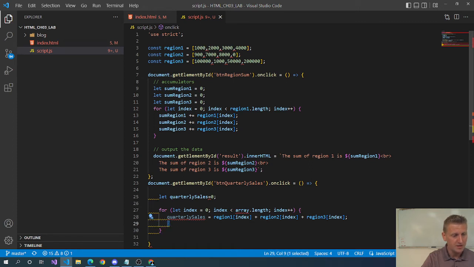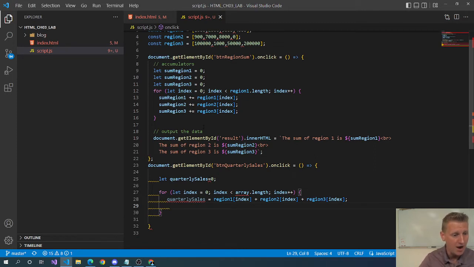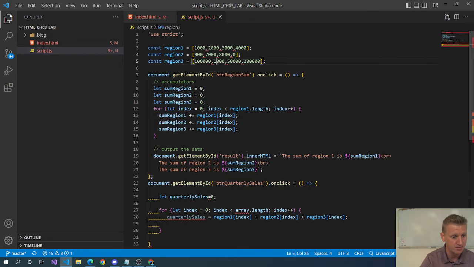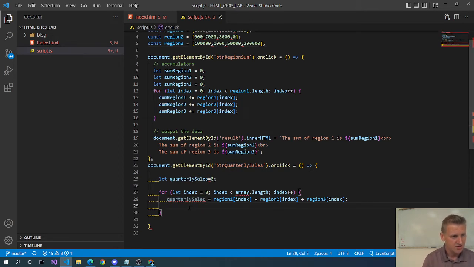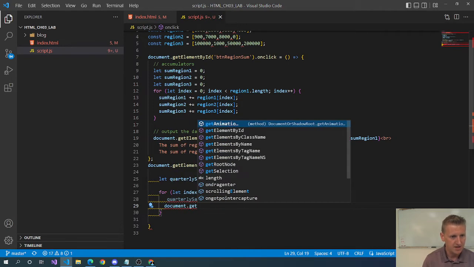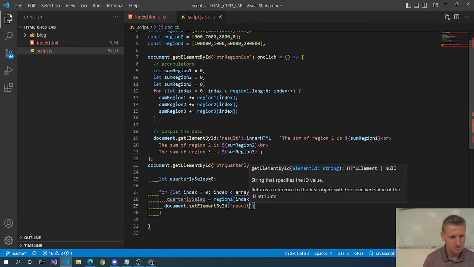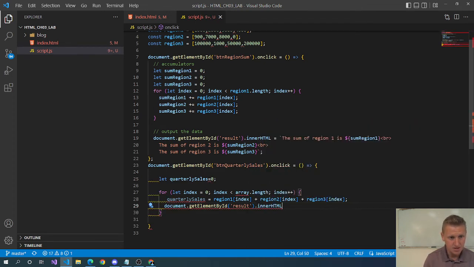And so while we're in the loop, I'll go ahead and do my output in the loop. See, here I did the output after the loop, but here I'm gonna try and change that a little bit. So I'm gonna do my output while I'm in the loop, because then the next time quarterly sales is gonna update with the next column of information. So let's go ahead and do our output. Document get element by ID result dot innerHTML plus equals, so it's going to append each time,